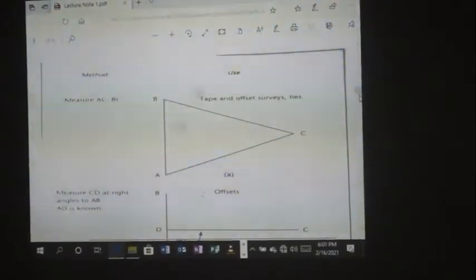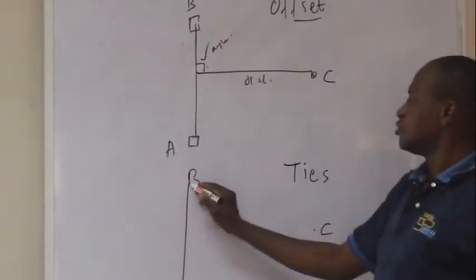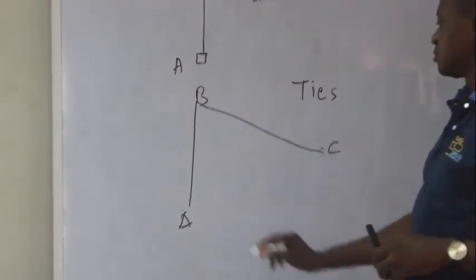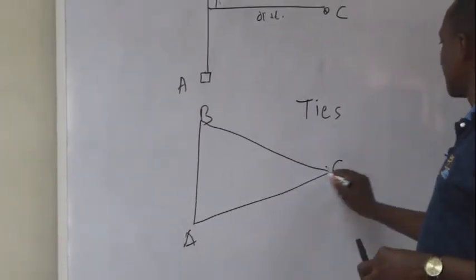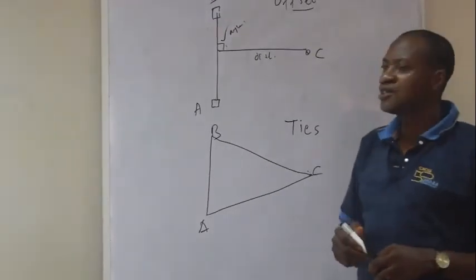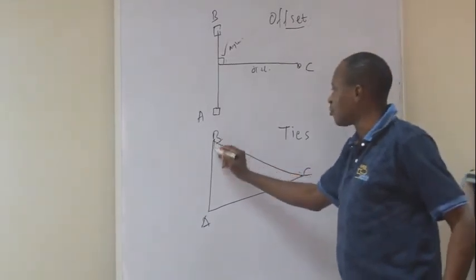Look at A, B. We want to locate C. From B, you can measure distance to this point. From A, you can measure distance to this point. When you measure 2 distances from 2 points on your reference line, known points or baseline,